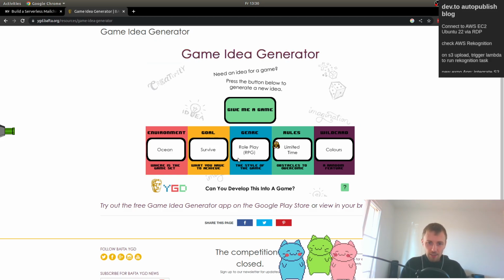The obstacle to overcome: if any battle takes too long, you will die, because it says limited rules, it's an obstacle and not you get saved. And what else? Wildcard colors. Maybe we have some